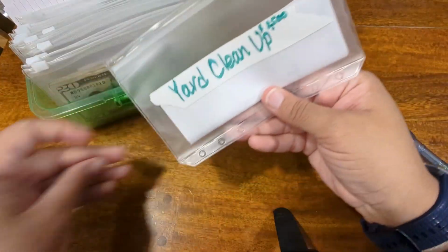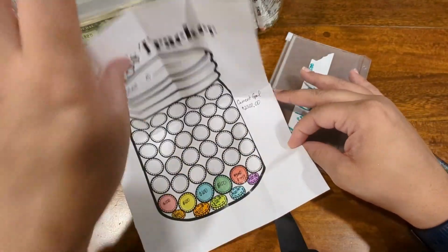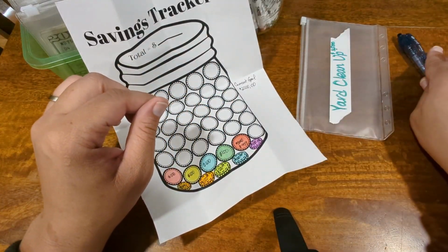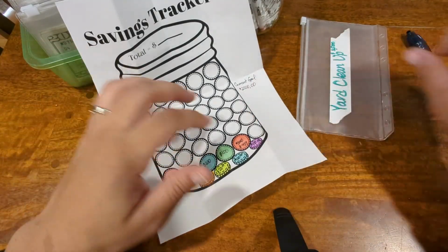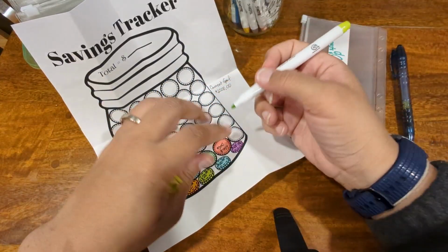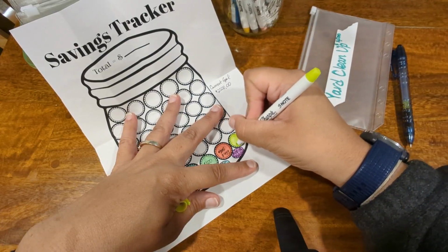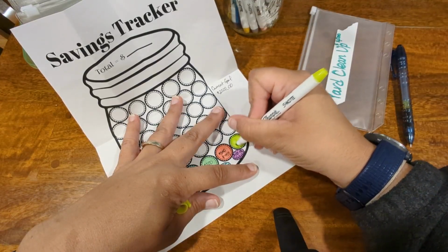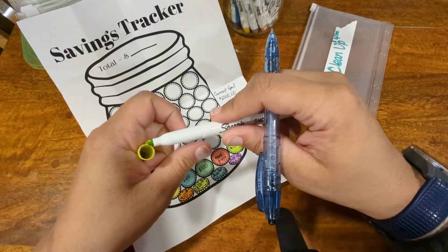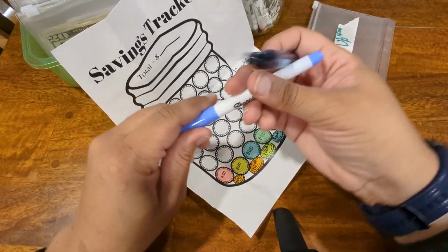We also have our yard cleanup update to do. Okay, now as we've mentioned recently, our goal is $2,500. We are currently at $1,789, and we need to add 2 more notations for that. So this is going to cover the $130 that we had for the extra at the end of the pay period that goes to long-term goals. And then next we will do